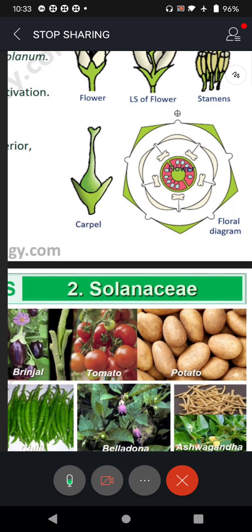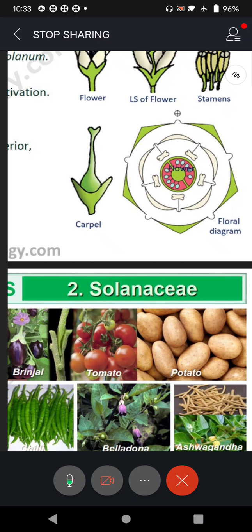For your batch, there is only one family. In fact, the choices: one is family Solanaceae, as you are seeing, and in case Solanaceae we are not able to have it, then we go for Liliaceae, either Solanaceae or Liliaceae. Anyway, for your benefit, I am going to describe both the families, family Solanaceae as well as family Liliaceae. In today's class, we will focus on family Solanaceae. And when you come back to school, physically, you will be doing practicals also with regards to this Solanaceae.